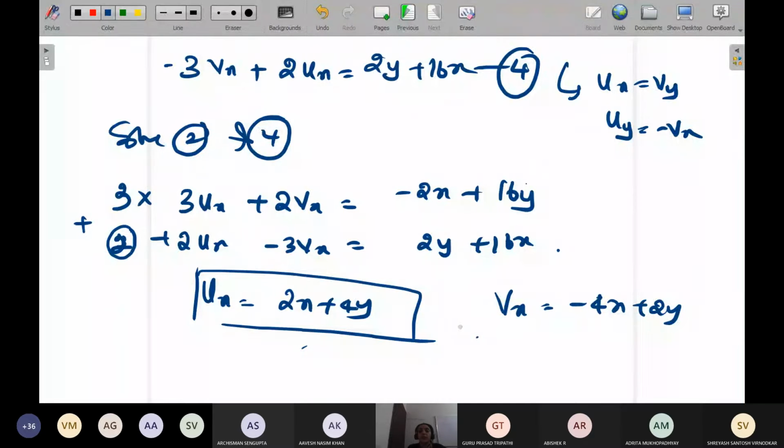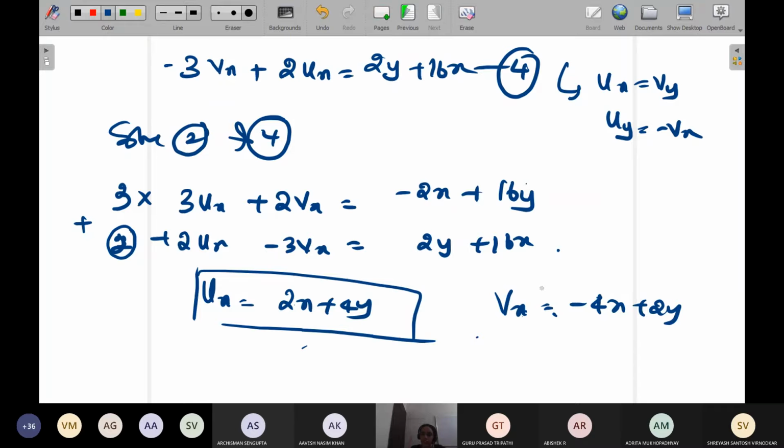Okay. Now again, you can use the concept of CR equation. You can again change this vx in terms of uy, and you can find your real part is given. From that you can find the analytic function by using the Milne-Thomson method. That is one way of doing it.